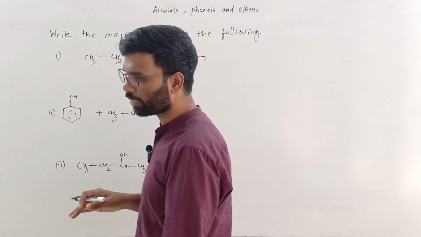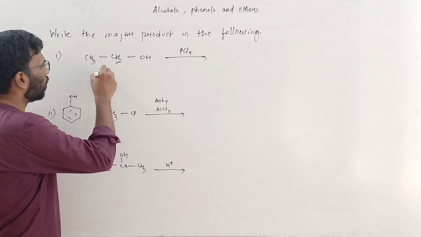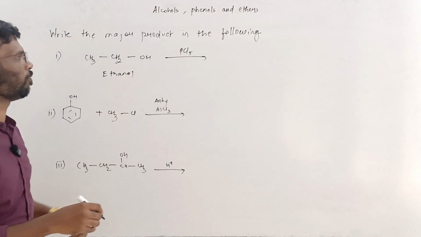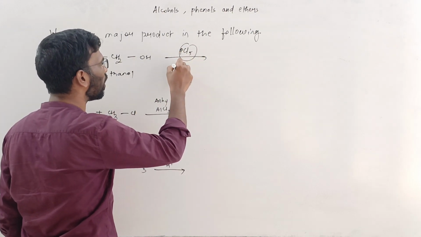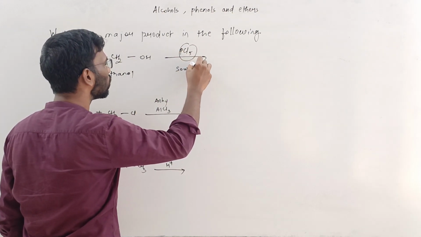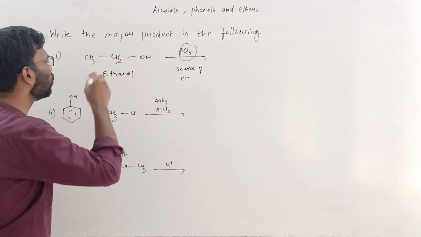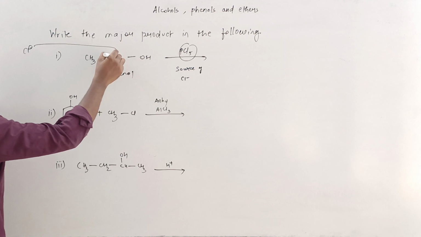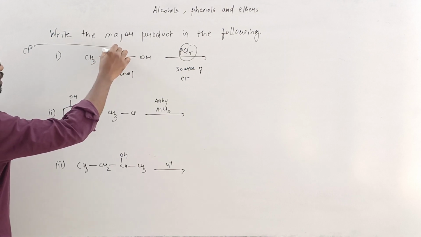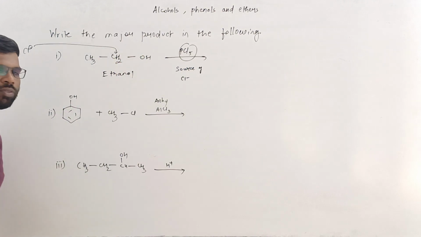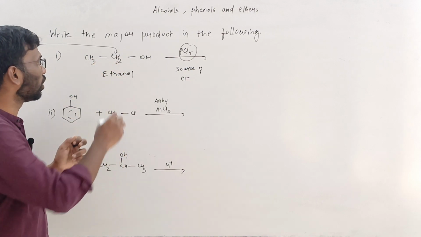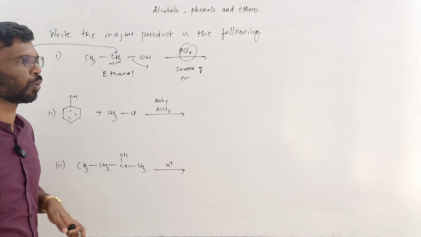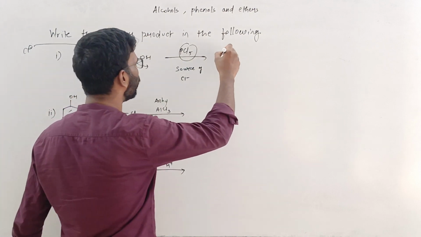So this is the first example over here, that is ethanol. This is PCl5. Now what is this PCl5? PCl5 is a source of Cl minus ion. Now you see this Cl minus ion will attack where? This carbon, no? Means it will donate its electron to this carbon because an electronegative element is connected to this carbon, right? And this carbon is partially positive. So a new bond will be formed and this bond will be broken, right? So an SN2 reaction is taking place.